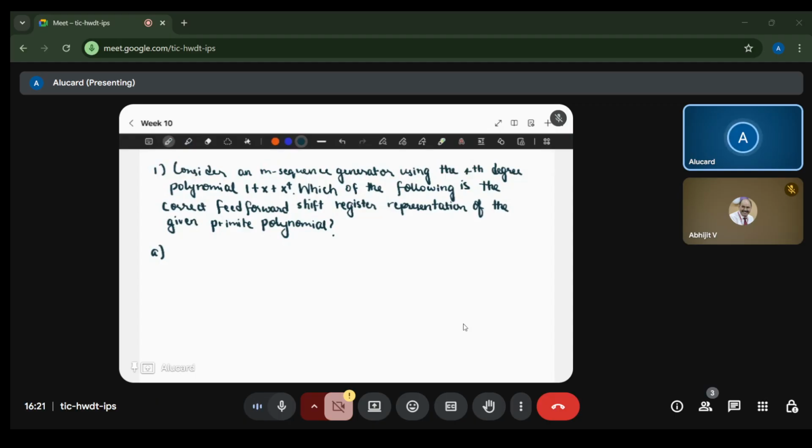Four options have been given. The last option is none of the above. Since it's fourth order, fourth degree,